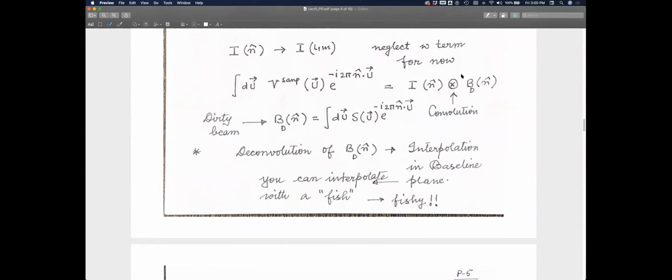The values are zero there. Because of that, if I really want to do deconvolution, that amounts to interpolating the values of the visibilities where it is not measured. And that's a very important point, because imagine that I have,